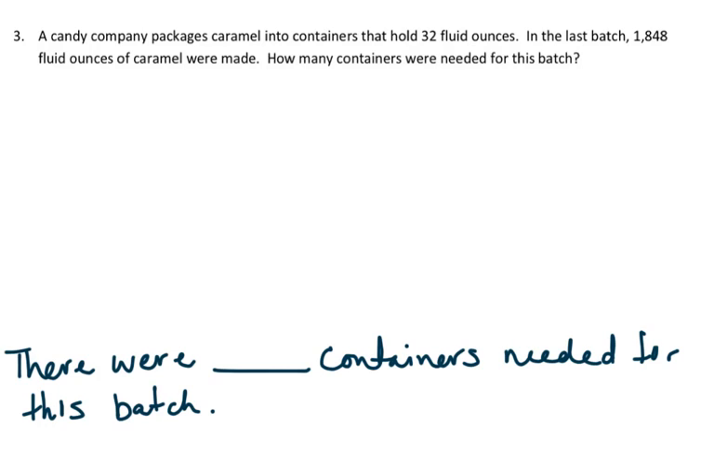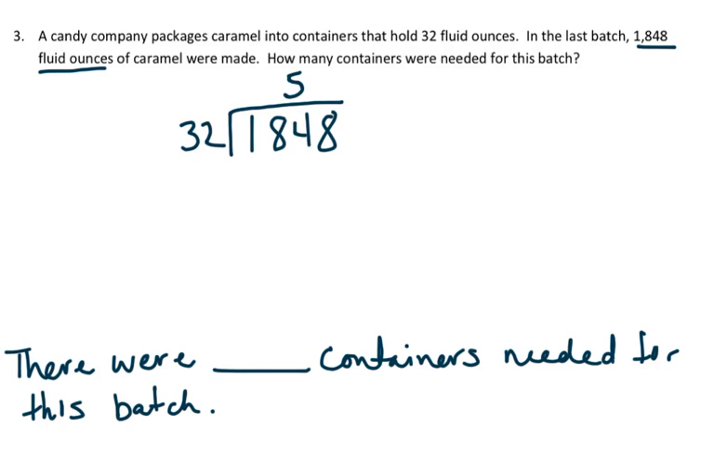Okay, so I'm taking the total fluid ounces, which was 1,848. That's how much caramel was made. And I'm dividing it by 32 because that's the amount of fluid ounces that fits into one container. When I multiply this out, the students can do the estimate. So they can figure out what their quotient will be close to, which will help them with their division. And if they go ahead and do the long division,